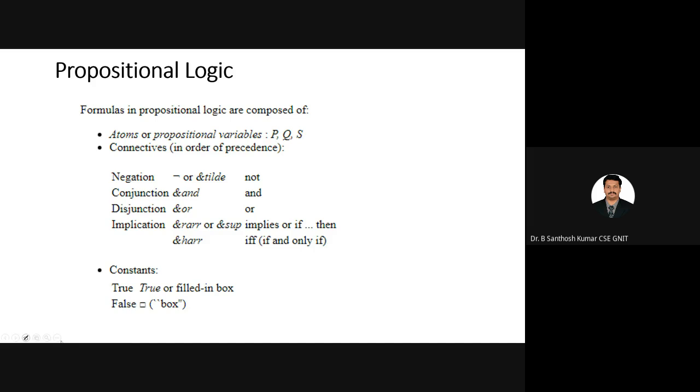The constants are true or false. True means it is ticked or filled in the box. Normally when checkboxes are given, we put tick marks. For false, for example, when a form asks for gender, you have to fill male or female. If your gender is male, you tick only the male box. If you do not fill the female box, it is by default understood that you are not female, you are male. So it is true or false, and it always represents Boolean values.